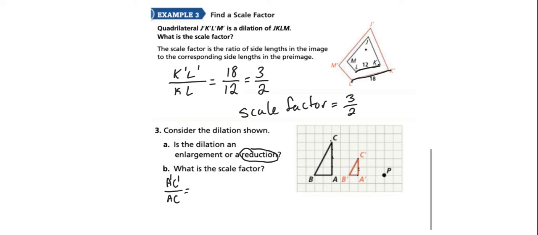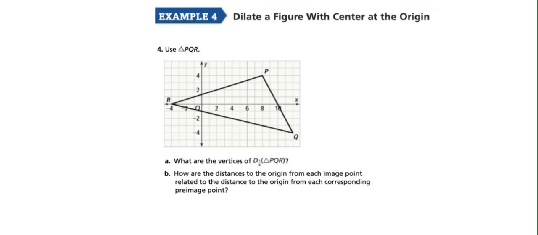We can count. The distance for A prime C prime is 2. The distance for AC is 1, 2, 3, 4. Therefore, our scale factor is 1/2. And that makes sense, because if it's a reduction, it's between 0 and 1. All right, so now we're going to use a coordinate grid, and we're going to do a dilation of PQR